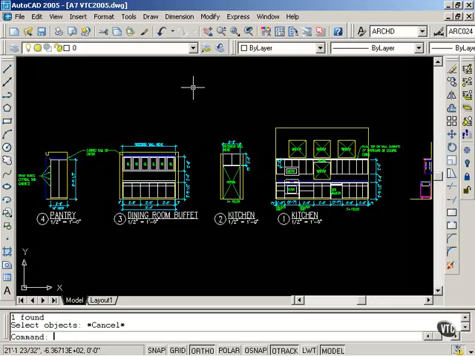Now I am at the command line, and if I were to type L, it interprets this as the line command, not the last. Moving on,